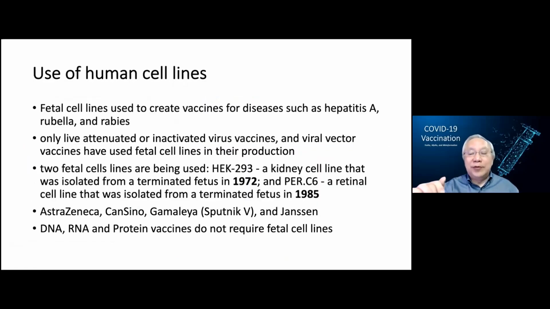How about the use of human cell lines? I know that there are some Christians who are very concerned that we use human cell lines. Cell lines are created from stem cells or some human cells, and then generated. That means it's actually immortal in a way. You can keep them growing generation after generation. And there are only two human cell lines, one created in 1972 and one created in 1985. Both these cell lines are from terminated fetuses. Medical termination, not